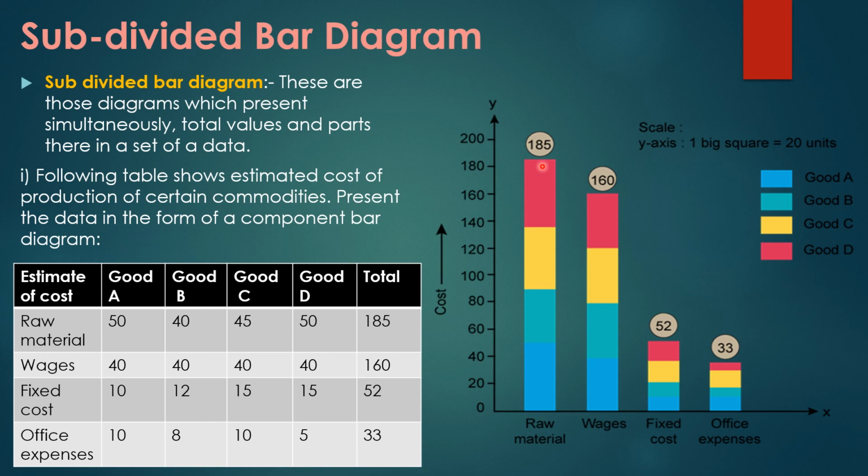You can also use different shades, such as diagonal lines, pencil shading, dots or checks in different shades. It is not compulsory that you color it, that would look quite childish also. This is done over here only to explain the things, so the shading is not done. You can do the shading. Most importantly, we will first make a complete bar of the total, and then we will subdivide it into the different goods, which makes it a subdivided bar diagram.